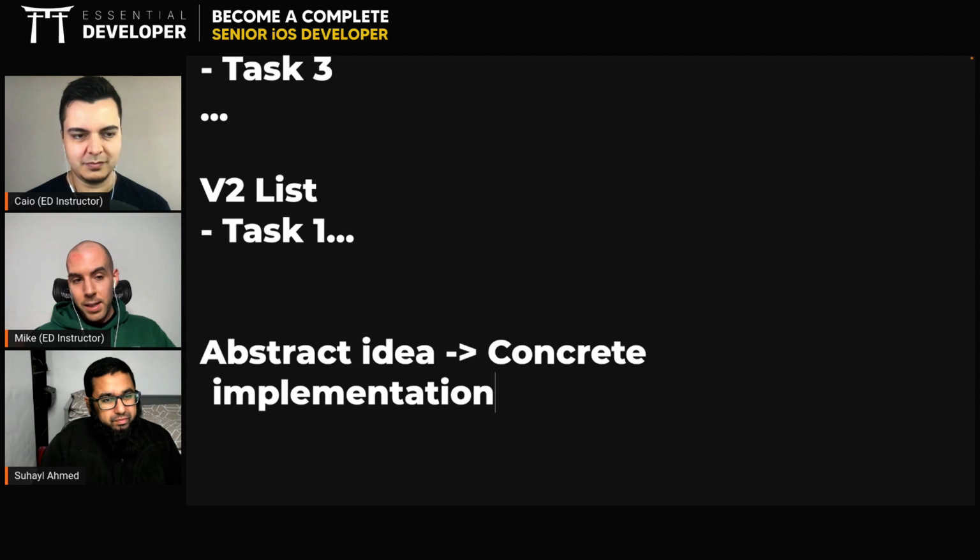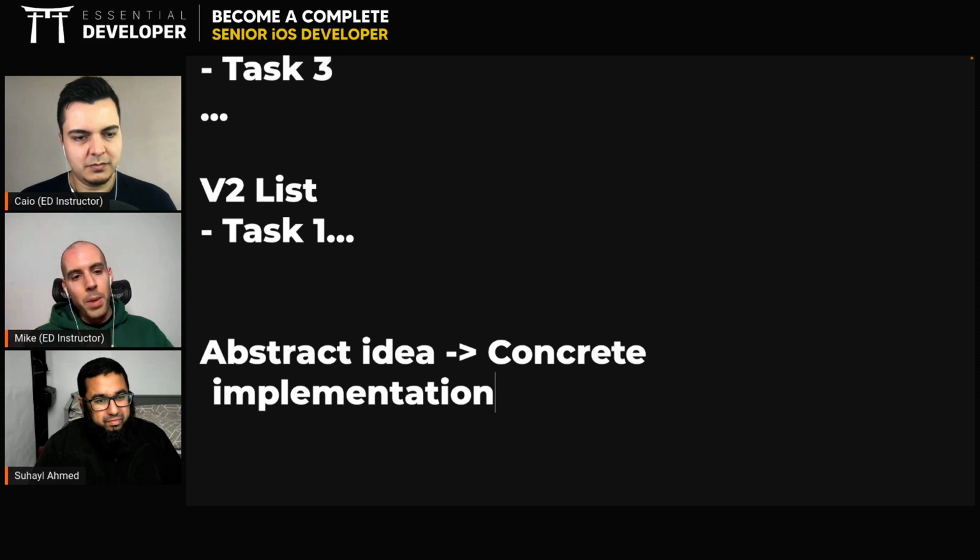And by the way, this is a theme overall in software engineering. For example, test-driven development is, if you think about it, kind of the same thing. You start with a hypothesis, and then you end up validating that hypothesis, and while doing that, you're producing your production code as well.